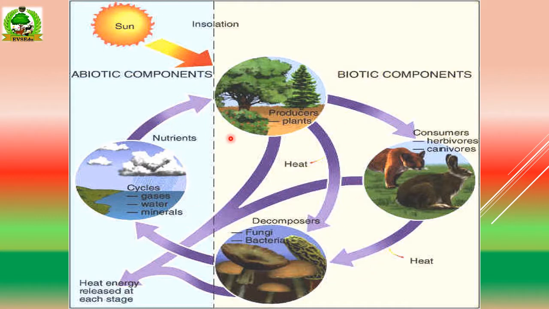And this is the full-fledged structure of an ecosystem, wherein there are two basic components, and there is no ecosystem where any one component is absent. In every ecosystem, these two components compose the structure of the ecosystem.